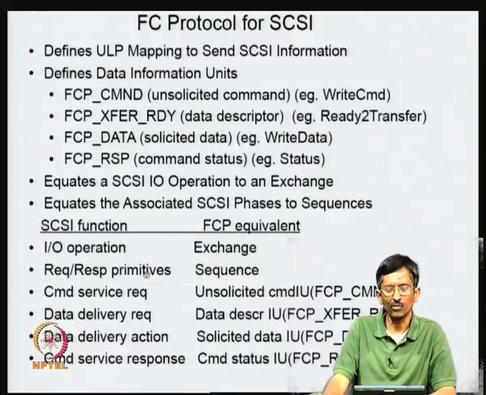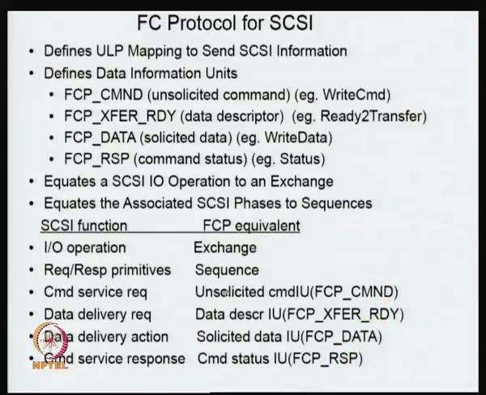These are the request response primitives, that is there could be multiple sequence units or frames that are sent with respect to one IO operation, for example a write, and in turn the SCSI command is mapped to this,